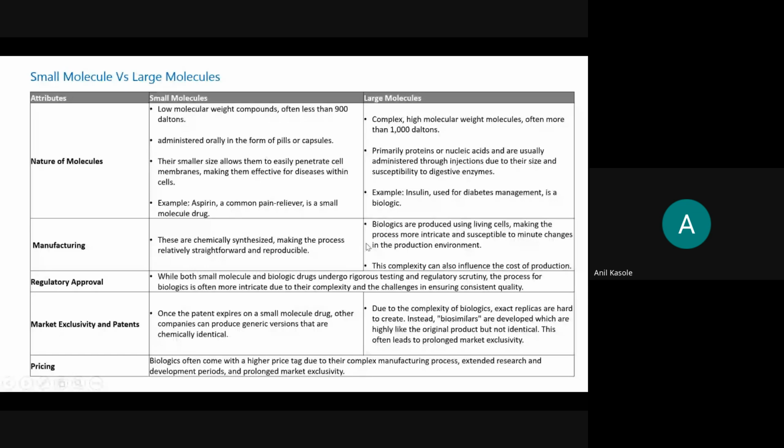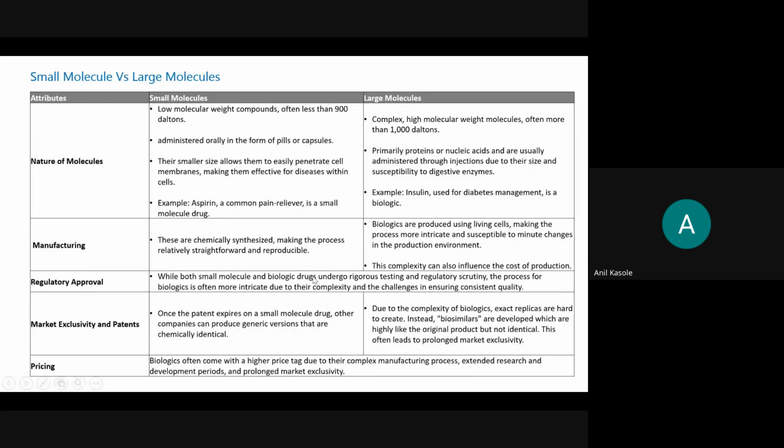When we talk about biological APIs, they are majority of the time used in large molecules, because the biologics are produced using living cells, making the process more intricate and susceptible to minute changes in the production environment. So when you grow the biological drugs, there has to be instant application of controls